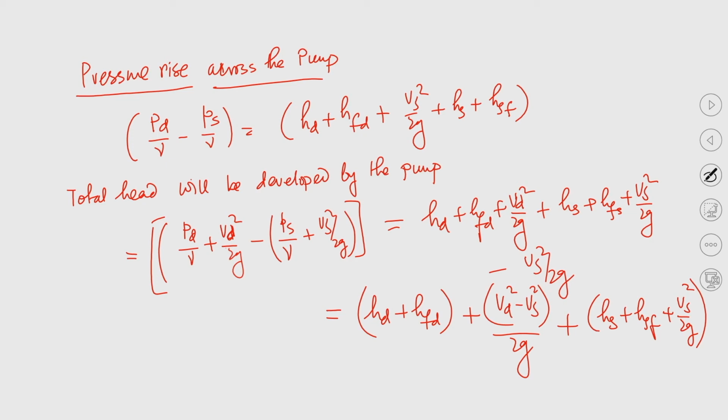So, again I have rearranged this expression in this form only to make you understand that the total head being developed by the pump is not only the static pressure rise, but also the change in kinetic head, which is very important to understand at this point of time. Okay. So, the total head being developed by the pump is not only the static height that is given by this pressure rise across the pump, but also this term, that is nothing but the change in kinetic